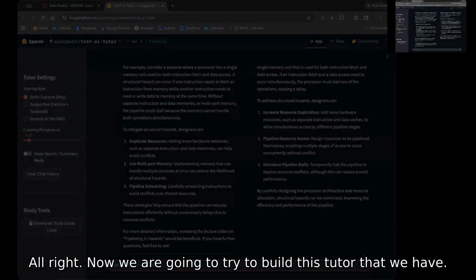All right. So now we are going to try to build this tutor that we just saw from scratch. And for this, maybe I will share my entire screen to see how it works.